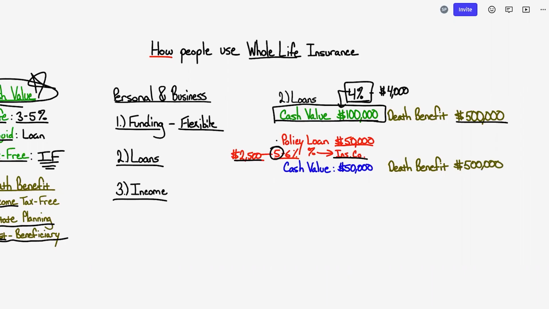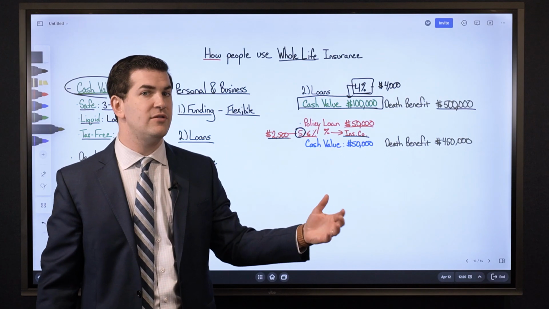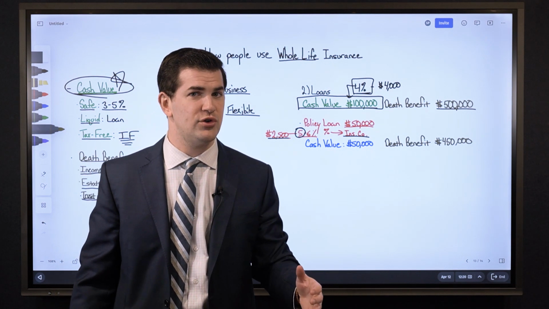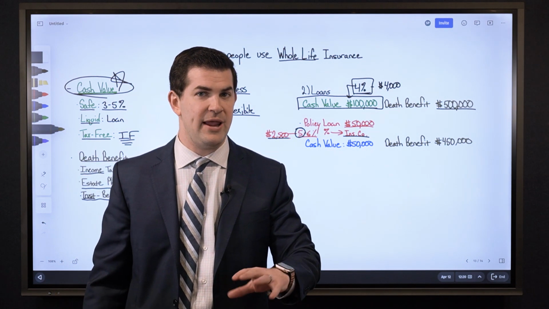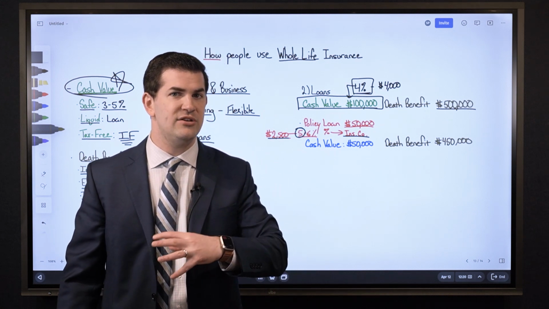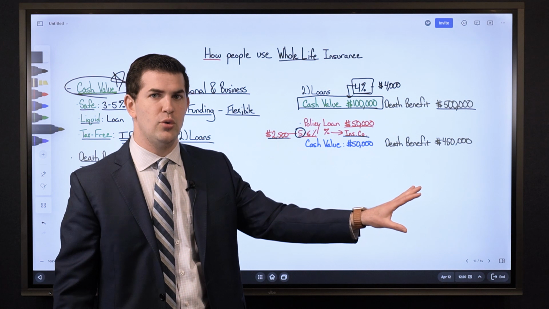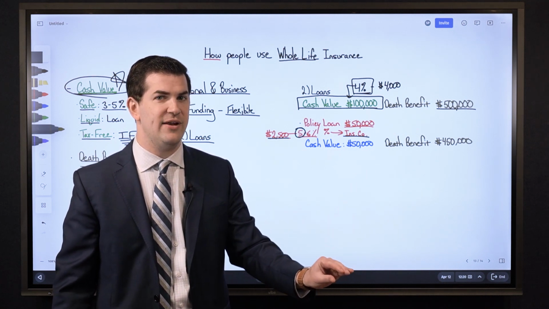So that $500,000 death benefit I had pre-loan, after I borrow the $50,000, is it still $500,000? No, it is not. The death benefit will be collateralized dollar for dollar by the amount I borrow. So I had $500,000, I loaned $50,000, now my death benefit's $450,000. So if I die the next day, that's the death benefit amount that is paid to my beneficiaries. If I don't pay the loan interest on my policy, because you're not required to do so, it's paid from the policy. The policy will take a loan against the cash value to cover the actual loan interest, but my death benefit will also drop by that amount each year.